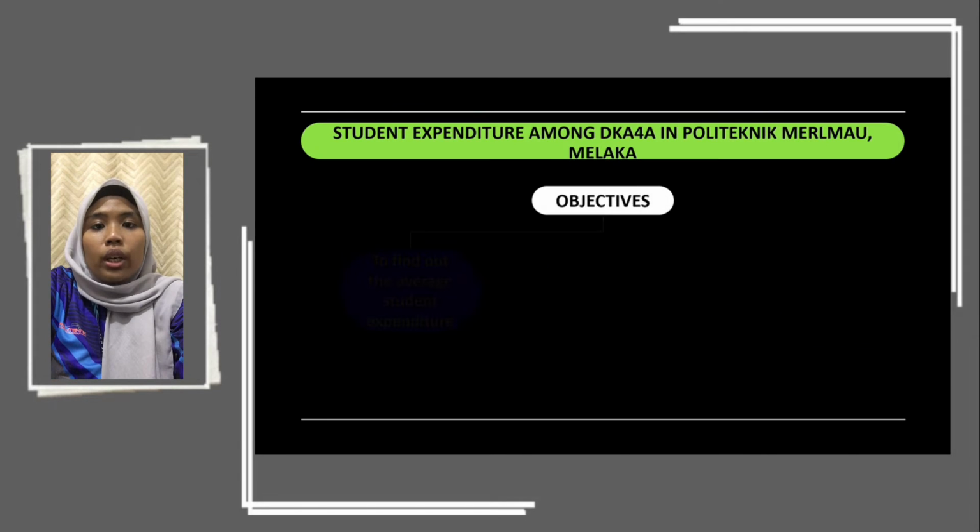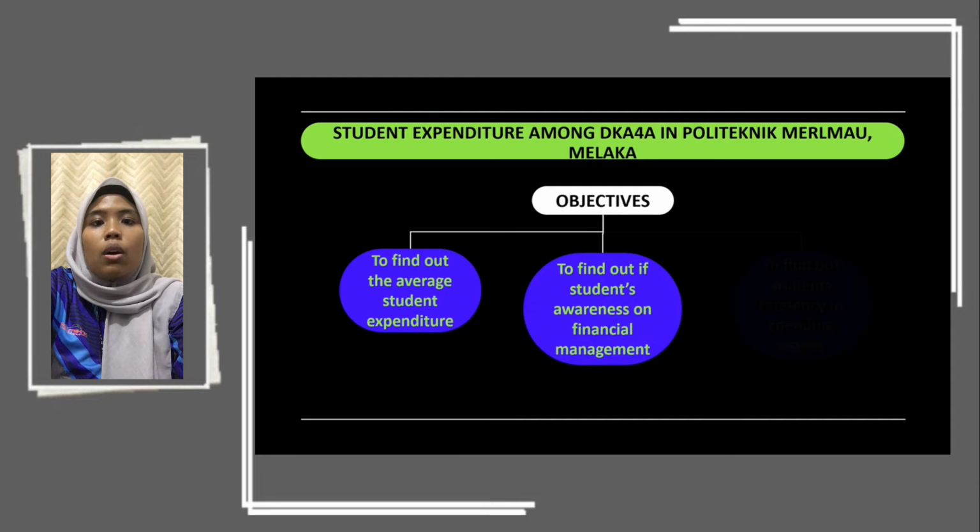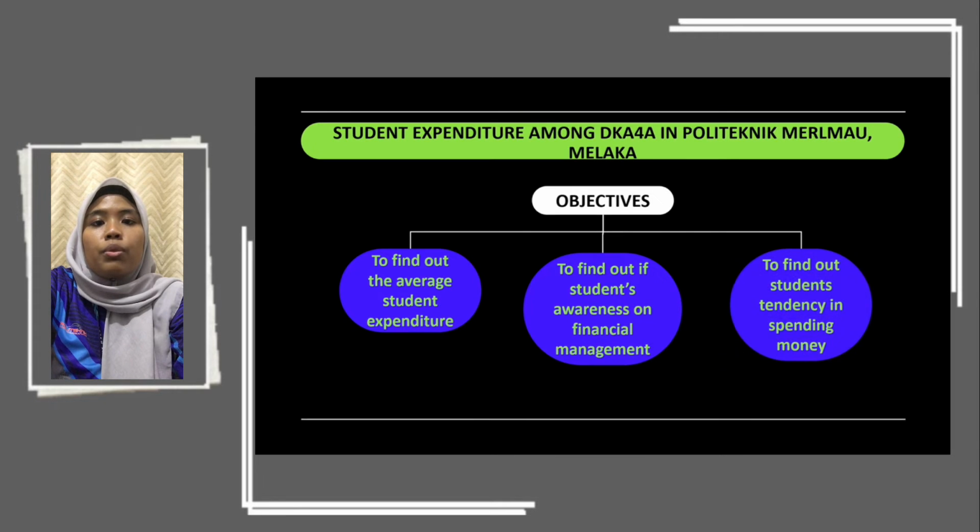The objectives of choosing this topic are, firstly, to find out the average expenditure of students in the class. Next, to find out if students are good at financial management. And lastly, to find out students' tendencies in spending money, because it's important to know how you manage your